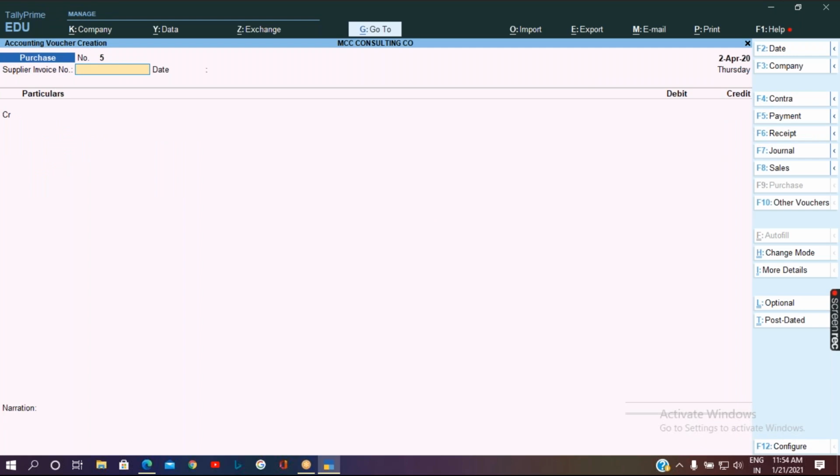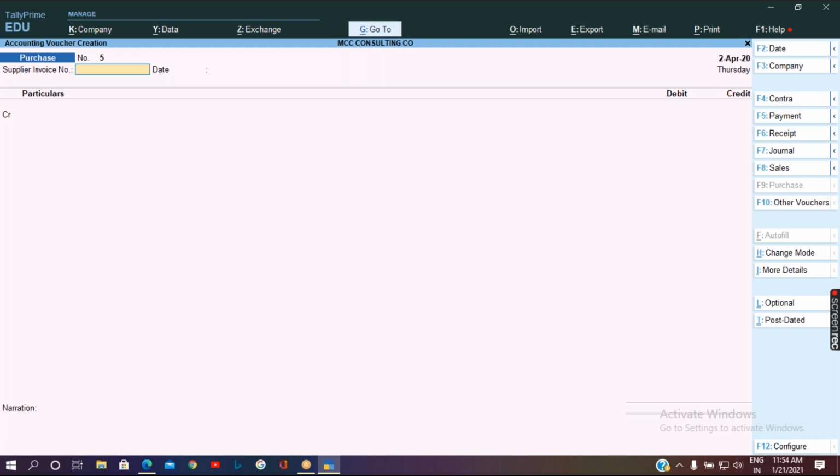So this is how you are going to specify the cost center information while passing the transaction. Either you can specify the whole value for one particular cost center or for multiple cost centers, but you are supposed to take only one particular cost category in one entry. You can specify the value related to one particular cost category and its cost centers. So if you have a value for the sales department also, then you are supposed to pass the transaction separately for that. Okay, so this is how we pass the transaction through purchase entry with the cost center allocation screen.